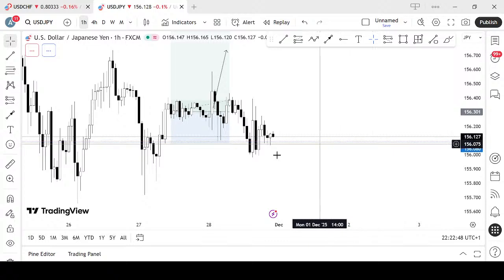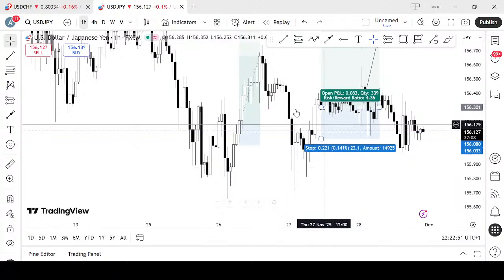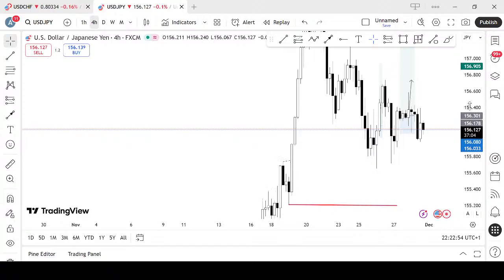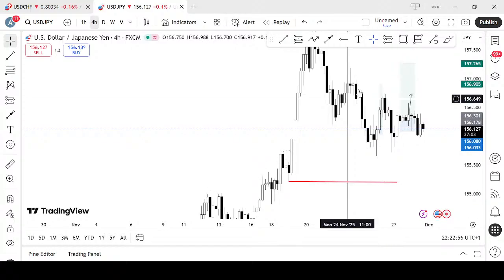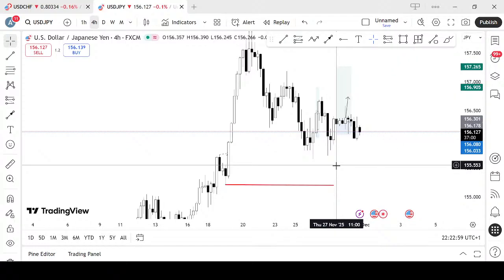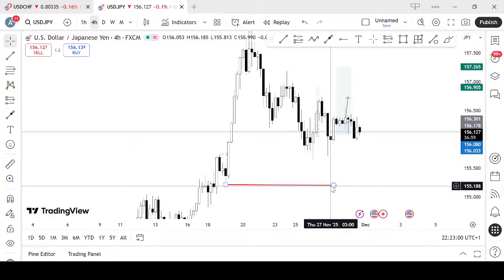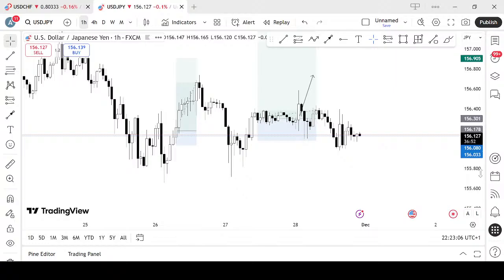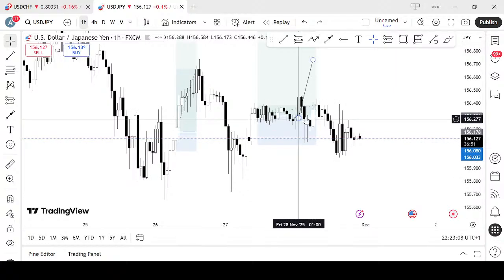Looking at the USD pair, on the 4 hour time frame here, we are still bullish on USD. The price is a little bearish today till there's a close of candle below this low. On USD there was supposed to be a bearish movement, and that was what was really happening, but it was not that large because